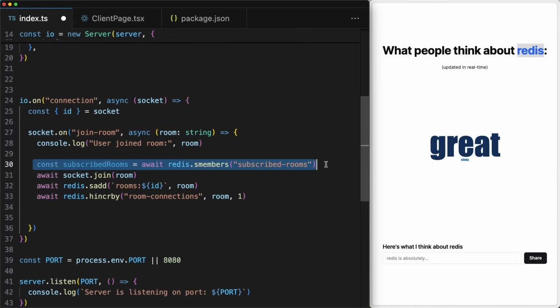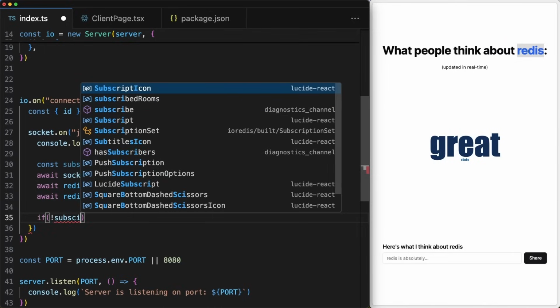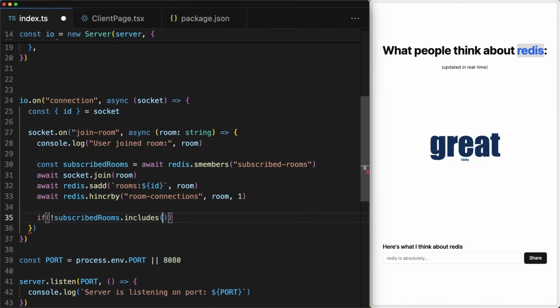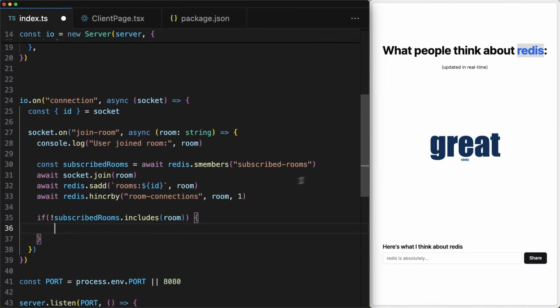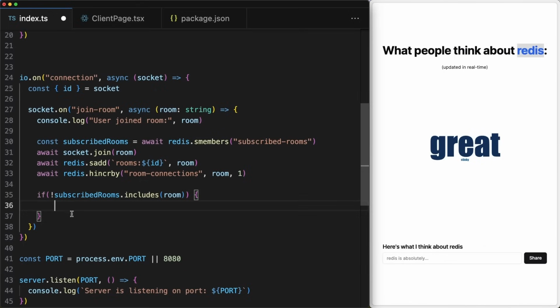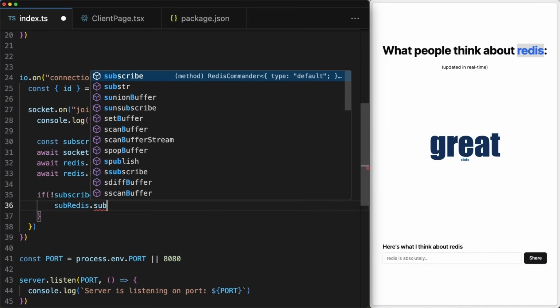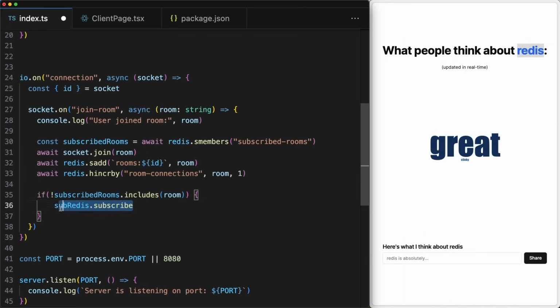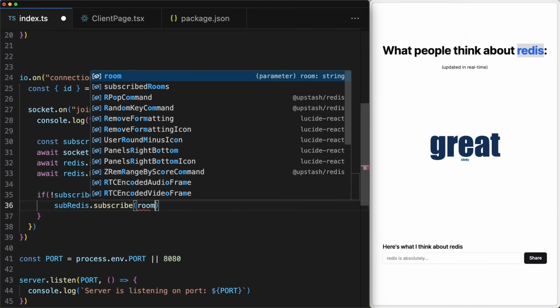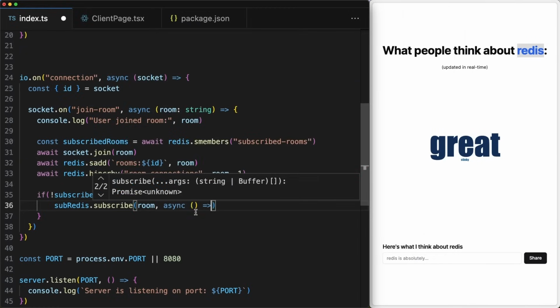And now for the reason we did this check, the subscribed rooms, because we never want to subscribe to one room more than once. So only if not subscribedRooms.includes the current room, only in that case do we want to subscribe or open a subscription to that room for real-time updates to our Redis data, right? So only in that case are we gonna call the subRedis.subscribe, which is a blocking command, right? This works over TCP, not HTTP, and therefore we need ioredis to do it. And we're gonna subscribe to the room, and this takes an asynchronous callback function,